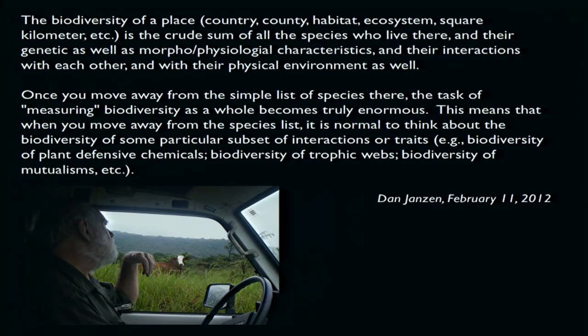I think his definition of biodiversity is a bit more complex and perhaps a bit more pragmatic. So the biodiversity of a place, country, county, habitat, ecosystem, a square kilometer, is the crude sum of all the species that live there and their genetic as well as morphological and physiological characteristics, and their interactions with each other and with their physical environment. However, of course, once you move away from the simple list of species, the task